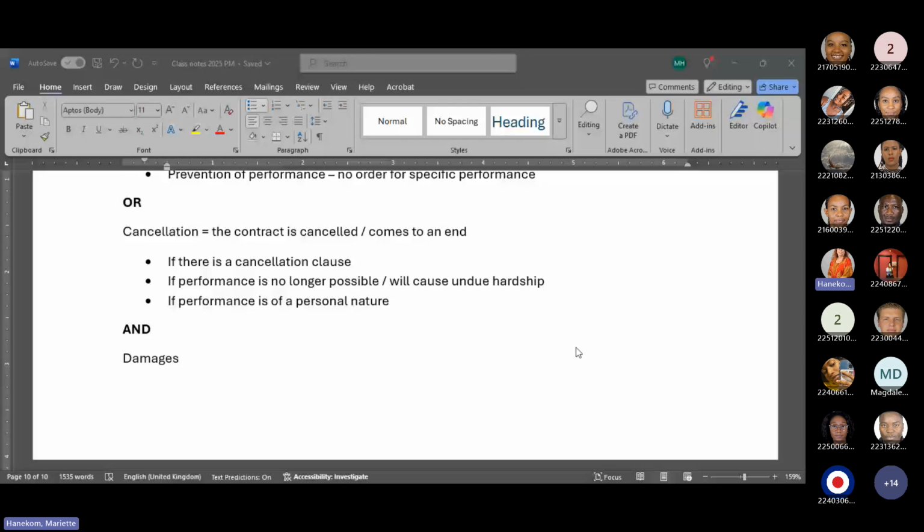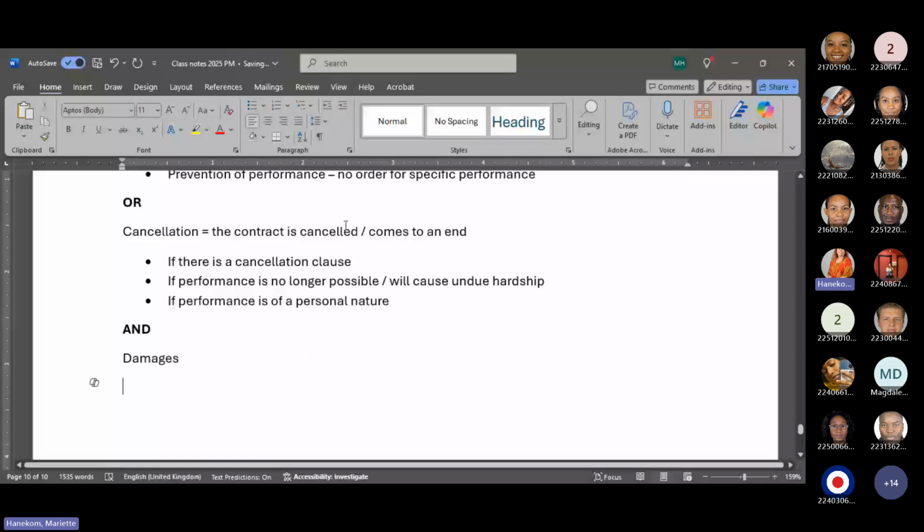If I had a contract with Severinus that he will work for me, and there was some fallout, some breakdown of the employment relationship, and I breached the contract, making it impossible or not feasible for him to continue working for me, the court won't give an order that I must reinstate him. The court will rather, because of the personal nature of the employment agreement, cancel the contract and compensate him by way of an order for an amount, monetary compensation, damages. So in those three instances, courts will be prepared to order cancellation, but in most instances, the court will